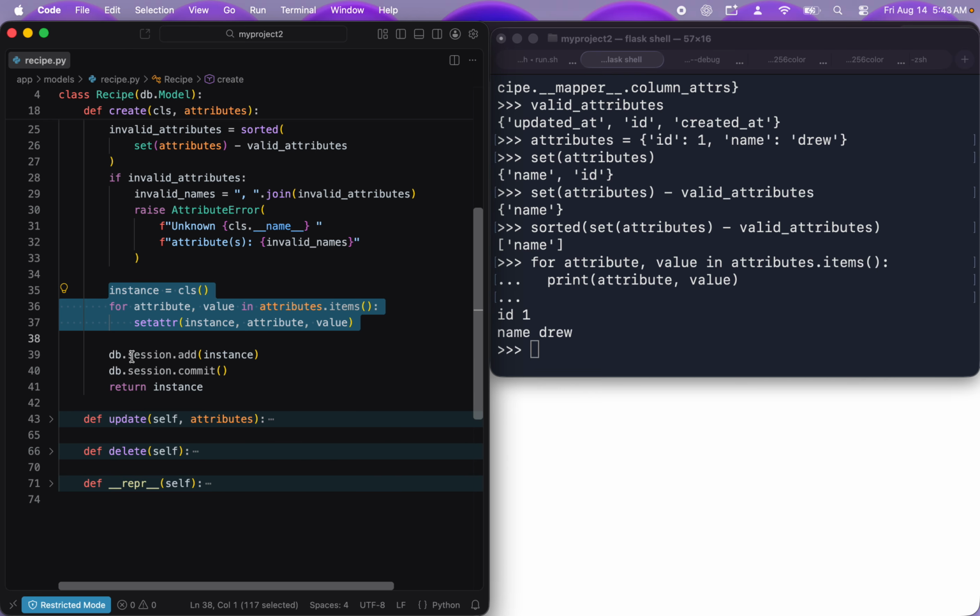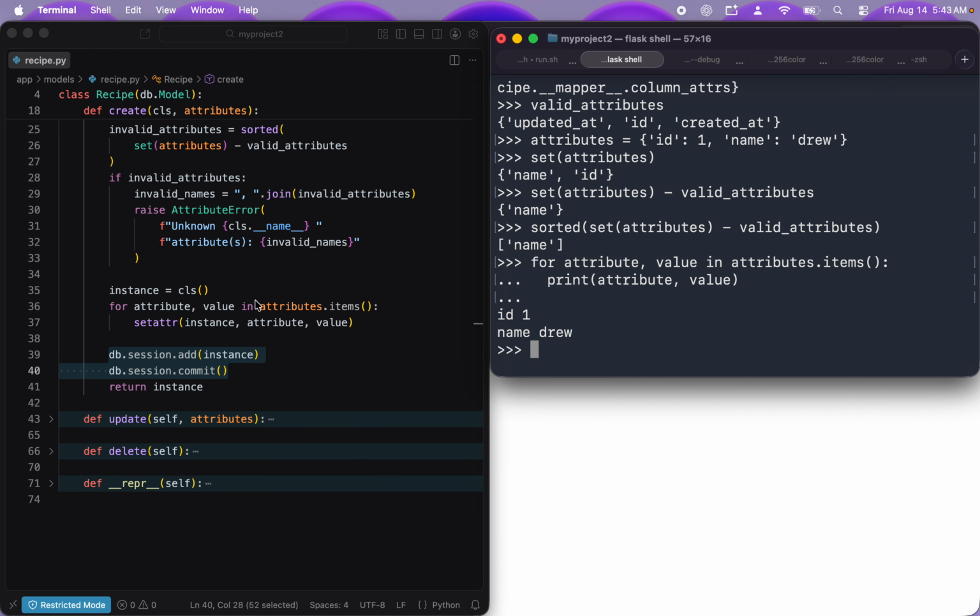And then it's making that connection back to our database and storing this, so that we can see this in our table. So that's what these two lines are doing. And then it returns the instance. And so that's why when we called something like this, it would be called like this: recipe equals, this return instance is what we're getting here,